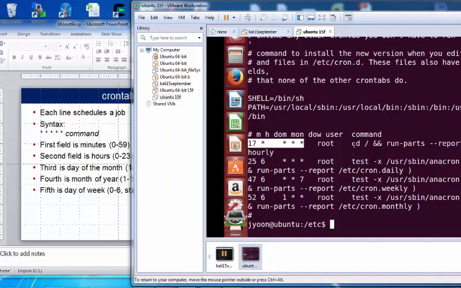Therefore, the combination of these two commands will be automatically executed when? Once a month, once a year, once a week, every day?